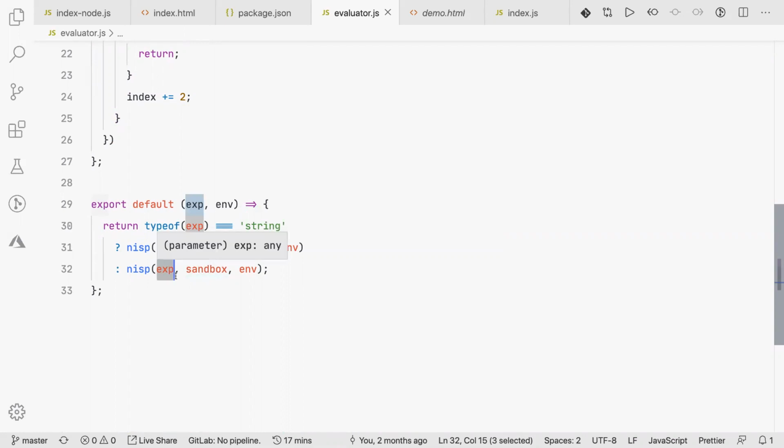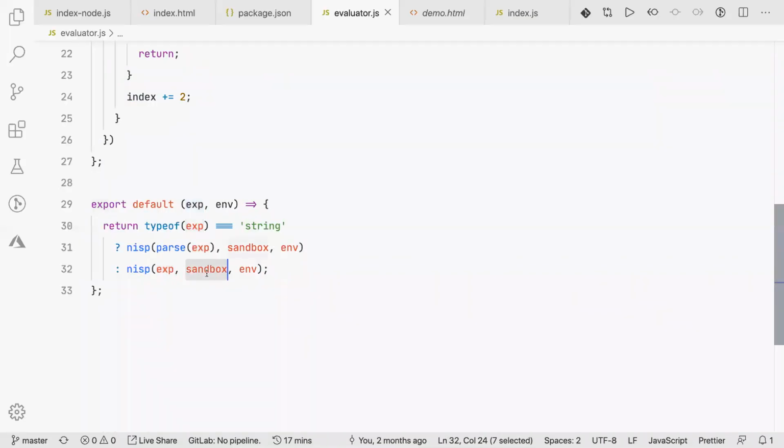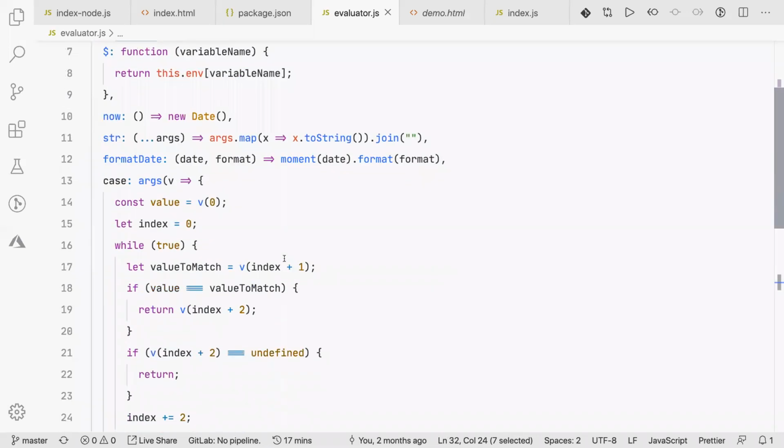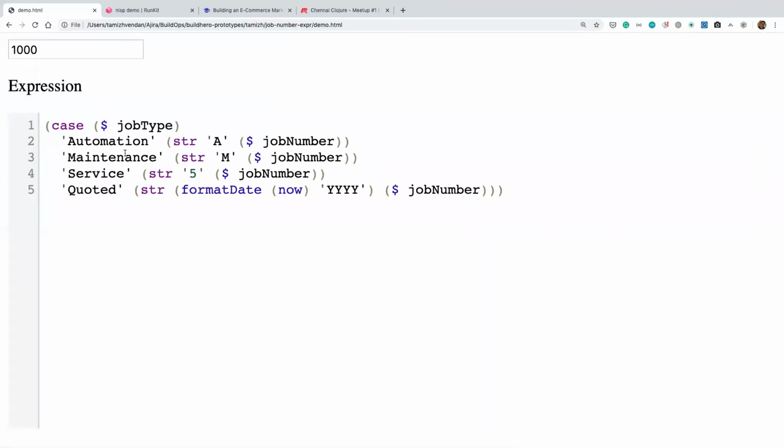The expression, basically what we are seeing here, and the sandbox, basically the context. In my sandbox right now, we have only $, now, str and format date, as well as case. All these constructs I'm able to use here.